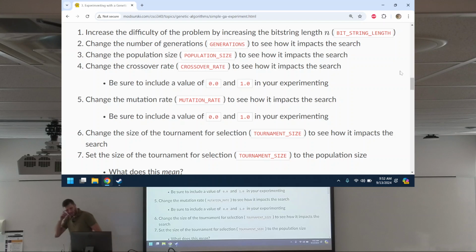How would the number of generations impact the results? Well, you let it run longer, maybe we get lucky and find a better result. This won't be clear if the problem is so easy that we find the best result quickly. Then adding more generations is useless, it's wasting time, it's wasting power. But if we've got a sufficiently difficult problem, we might need to let it run longer and longer such that it can find a decent result.